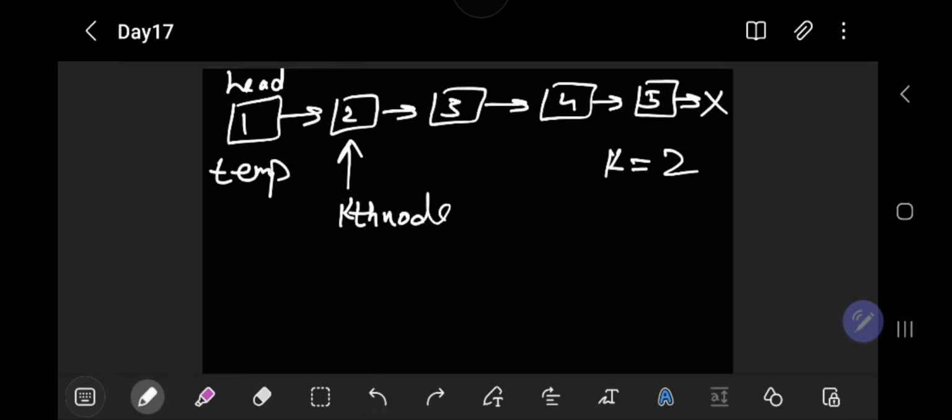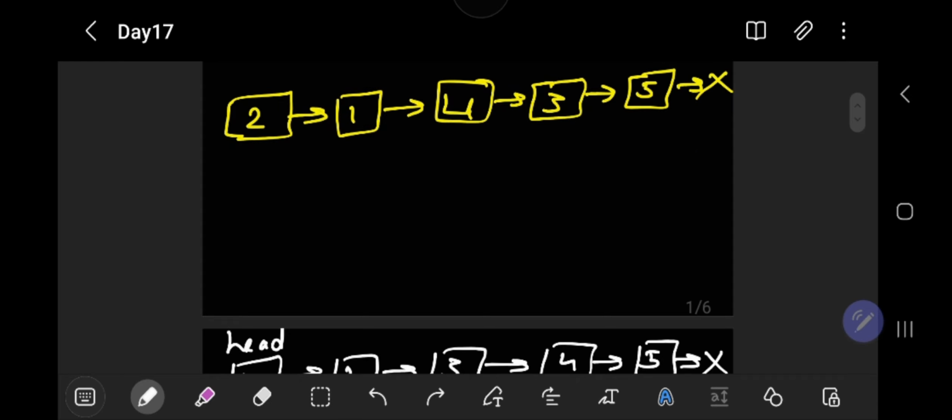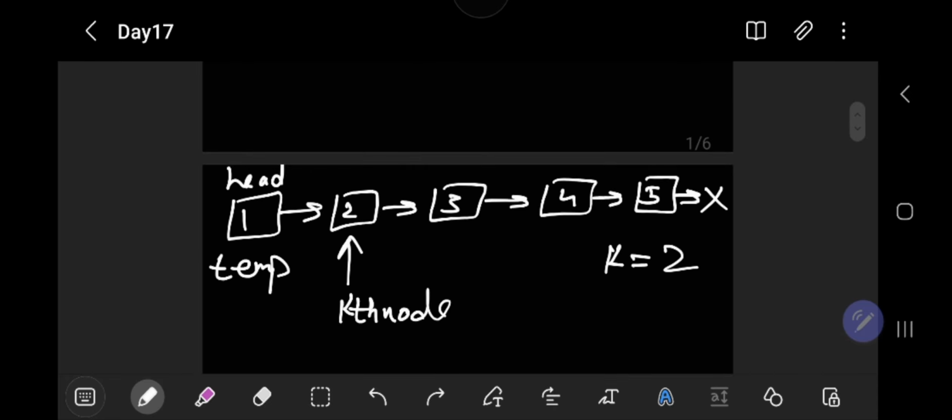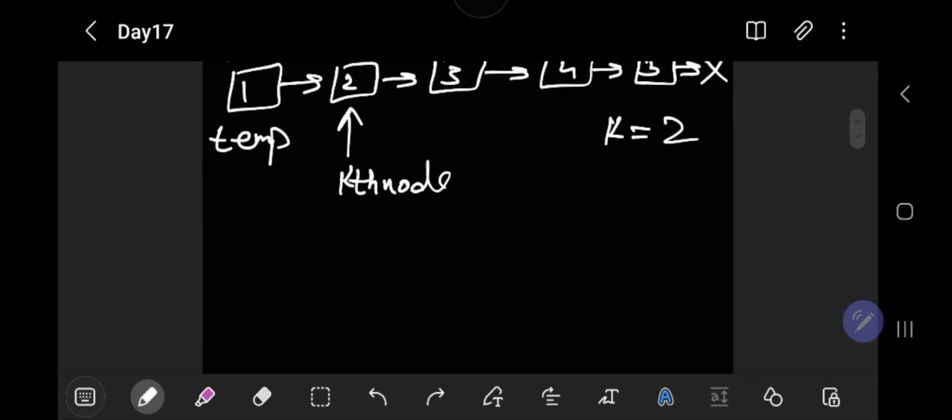Now what should we do? If we see in our final answer, the first group is reversed, so we should be reversing this group. Am I right? We should be reversing this group. But if you solve the first problem of day 17, which is today, you might be knowing that if we